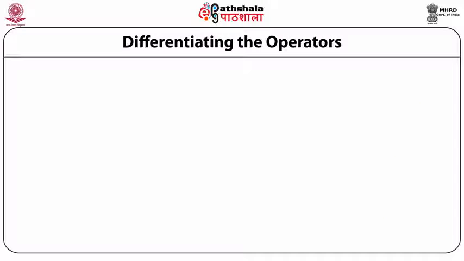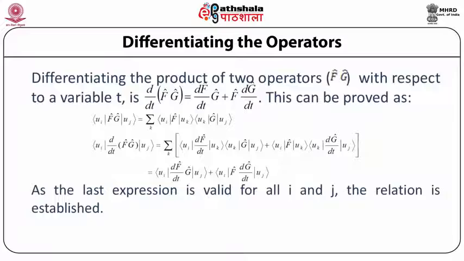Differentiating the operators. Now let us see what will happen when we differentiate the product of two operators, operator f and operator g, with respect to a variable t, that is d by dt of operator f times operator g, and this is equal to d operator f by dt times operator g plus operator f times d by dt of operator g. In order to prove this relation, let us consider two vectors ui